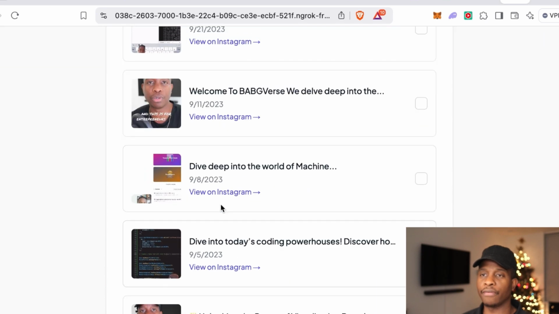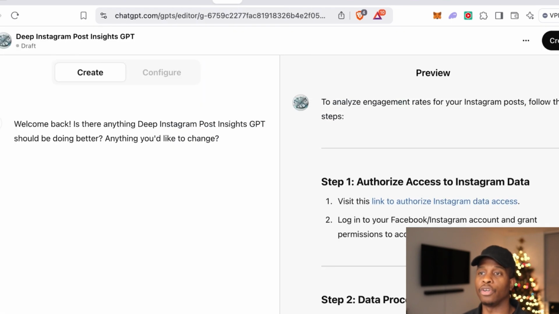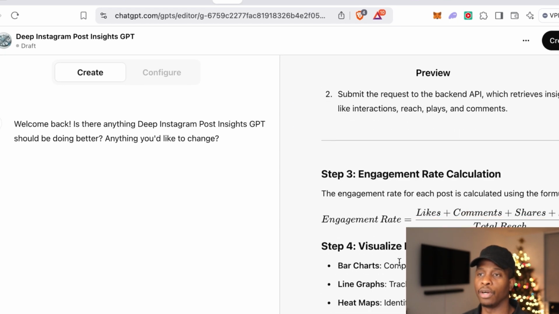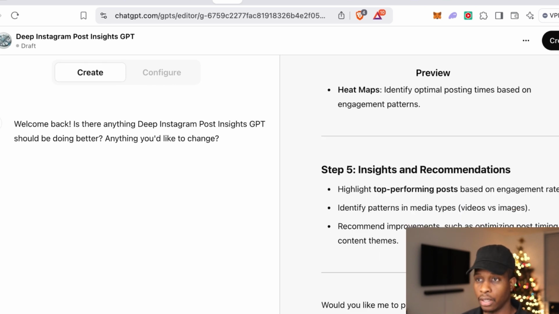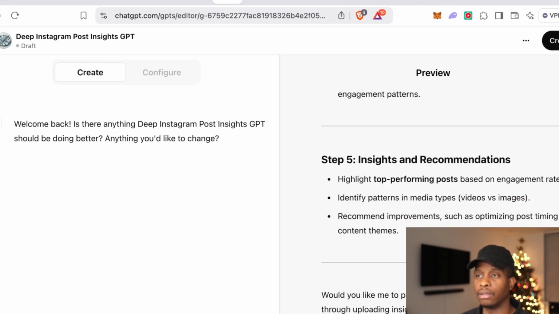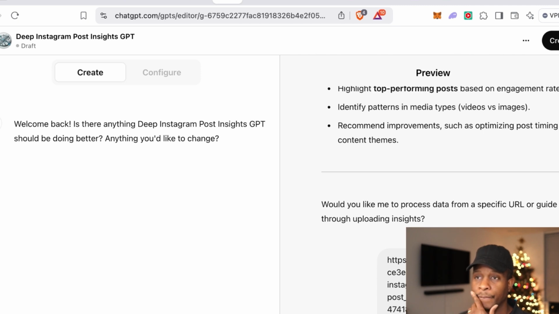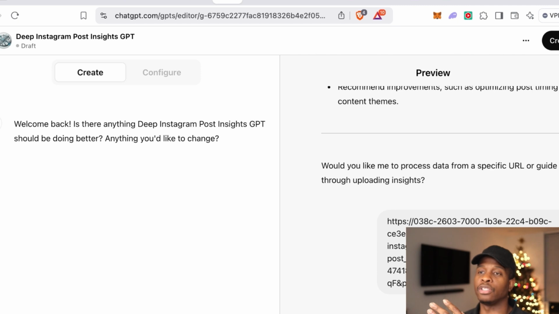And then what you have to do is take this link that we've generated and go back to the GPT, right? So you go back to the GPT, and you see the GPT also told you, here are some things that we're going to calculate once we're able to grab your data. So you go back to the GPT and put in that URL that we provided to you on the Bagverse site, and then you send it in GPT, and now GPT is communicating with a backend service that we've